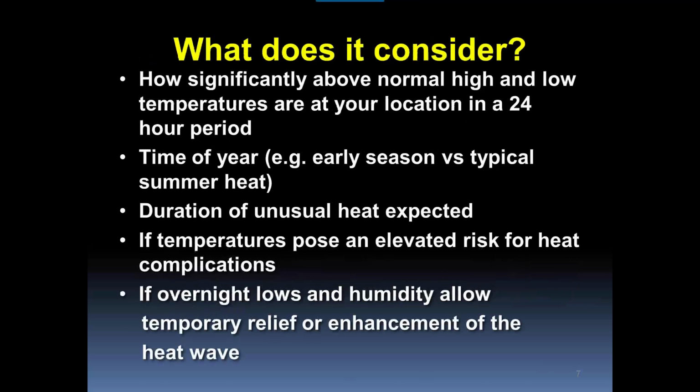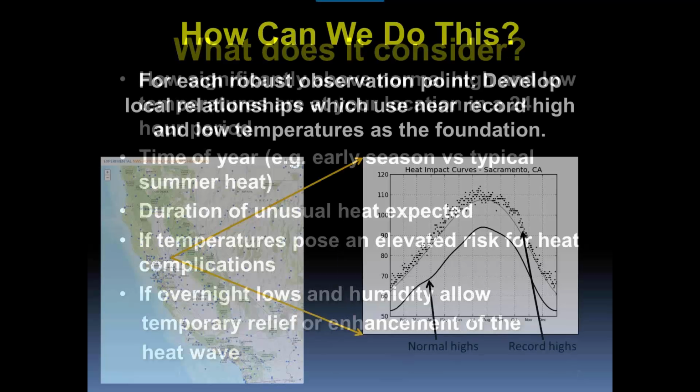It also considers how unusual is this? How long is this event going to last? Is it going to be more than a day? If it's more than a day, that's usually when you're going to see the magenta showing up. If it's a 1 or 2 day event, mostly in the reds. We've also done some research and started trying to figure out who's going to be the most impacted. Like orange is for the more heat sensitive folks, like the elderly and the young folks on medication. When you get into the reds and the magentas, that's where more and more people are being impacted, and the messaging needs to increase, and so does the advisories and headlines.